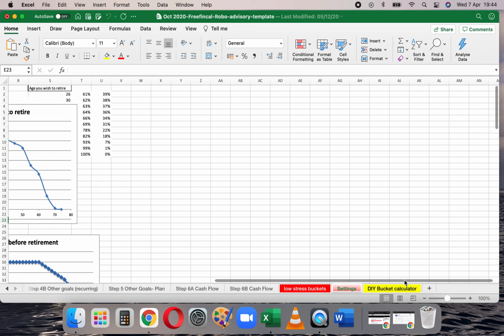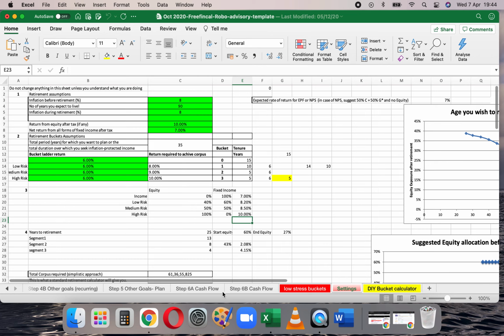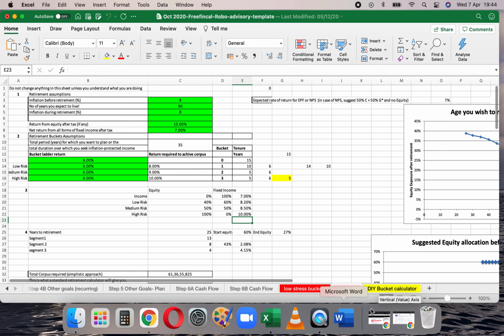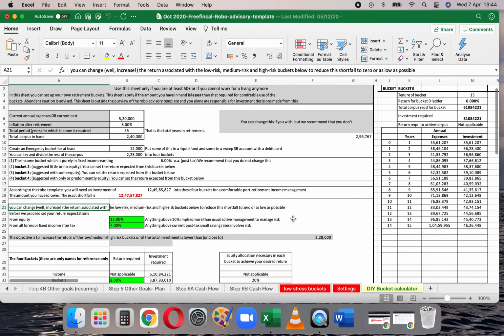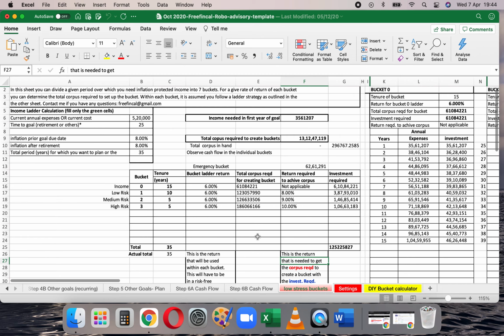Then this is the settings page. I told you all the logic is given, how I am changing the asset allocation, how the returns are set. Everything is given here. You can go in there and change whatever you want, the way you want. And then there's a DIY bucket. Here you have a lot more flexibility with respect to the returns, what kind of buckets you want. If you don't want to change this, you can change it, but if you don't want to change this, there